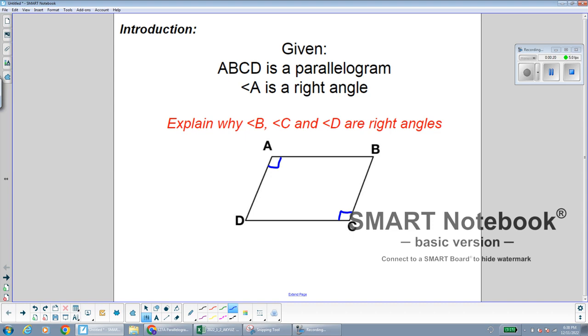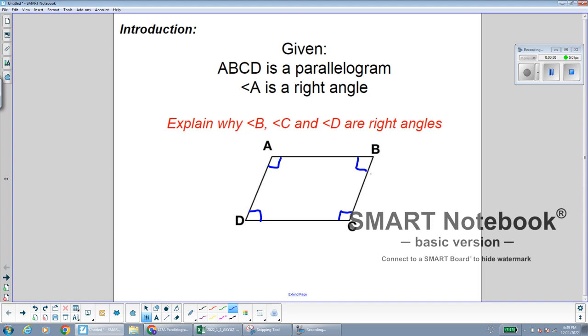We also know that a property of parallelograms is that consecutive angles are supplementary. That means they add to 180 degrees. Angle D and angle C are consecutive angles in this parallelogram. So that means they need to add to 180 degrees. If this one's already 90 degrees, then this one has no choice but to also be 90 degrees to make the 180 degrees. And now we know that since this is a parallelogram, the opposite angles are in fact congruent